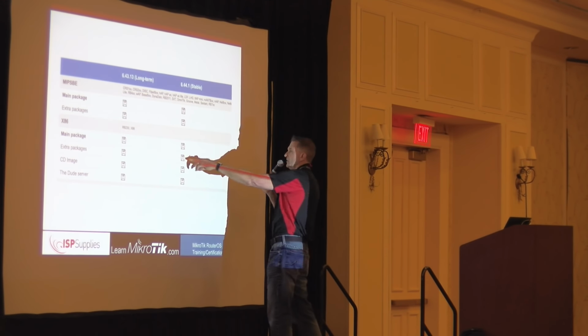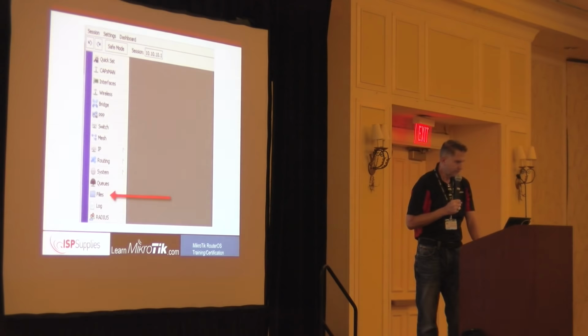Now, it will come out as a zip file, and you have to expand that zip file and then take one package out of there and drag it into your router. If you try and, for instance, on Windows, open the zip file without expanding it and then try and drag out of the zip file, it won't work. You have to actually expand the file.